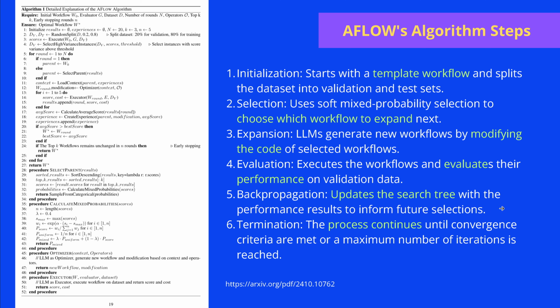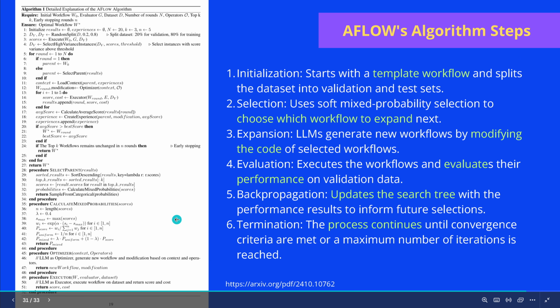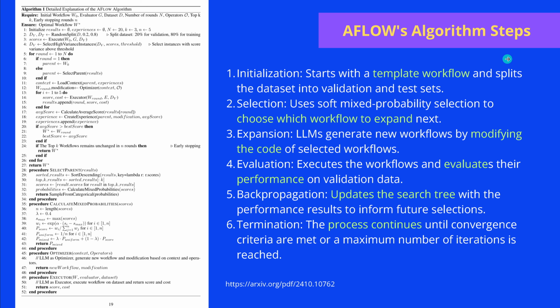And then, if we have run through this multiple times, the process continues until a convergence criterion is met, or a maximum number of iterations is reached. This is all that is noted here in this algorithm. One detailed explanation of the AFLOW algorithm. So you see, it is easy. Take your time. When I encountered this, honestly, just looking at this on the left side, I got nothing. I did not even understand what it was all about. And you see, simple steps, 10 minutes later, we understand it.